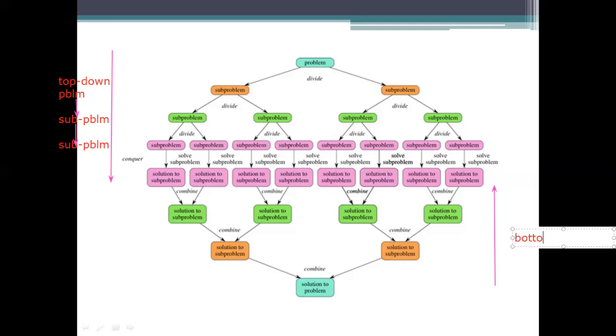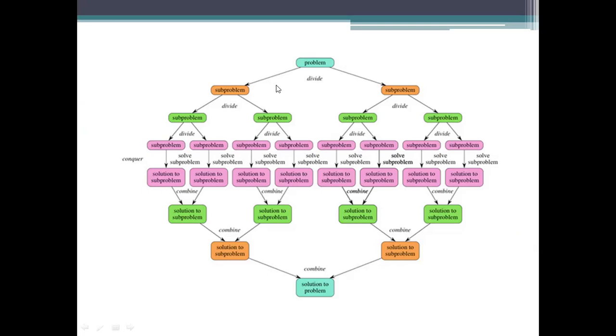When we see an example, we will have the idea of the top down specification and the bottom up specification. The merging will be done bottom up, and the dividing up to conquering will be the top down approach specification.